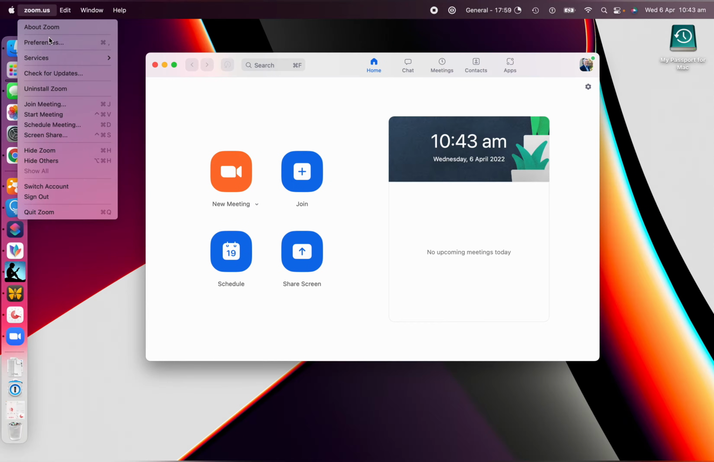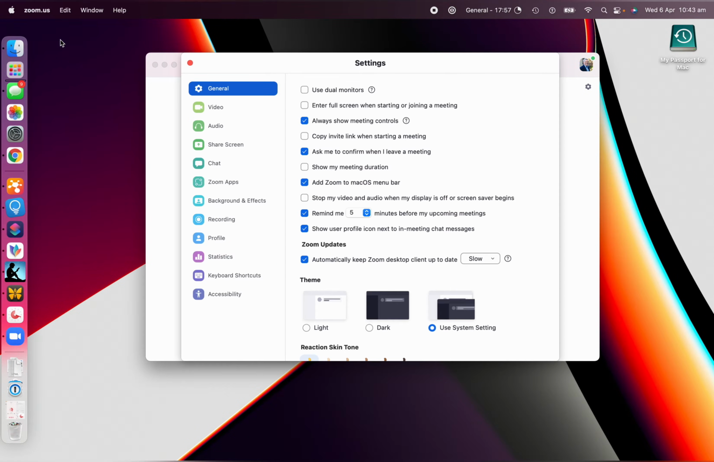Alright, so once again, zoom.us preferences. Add Zoom to the Mac OS menu bar. I like to keep that up there. It's just very easy for me to start and stop Zoom. When my screensaver begins, then stop my video and audio. I just leave that blank. So here's a little reminder thing that's helpful. I'm really going with the defaults for mostly, and then